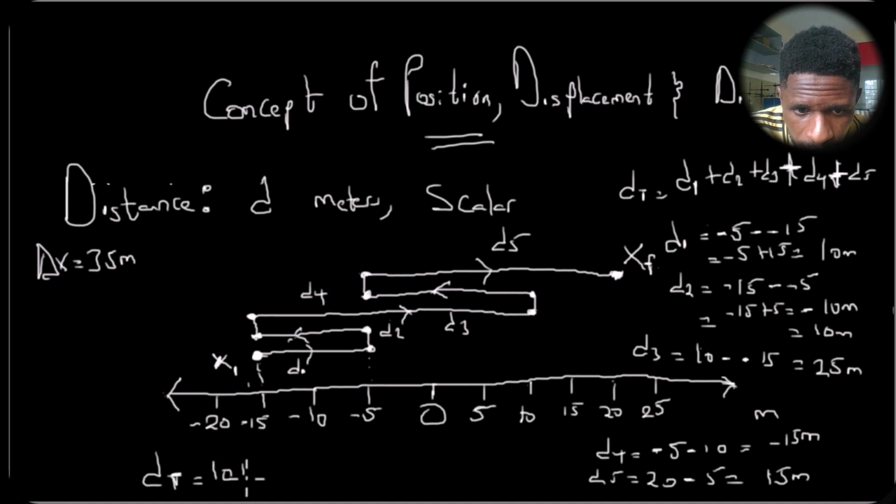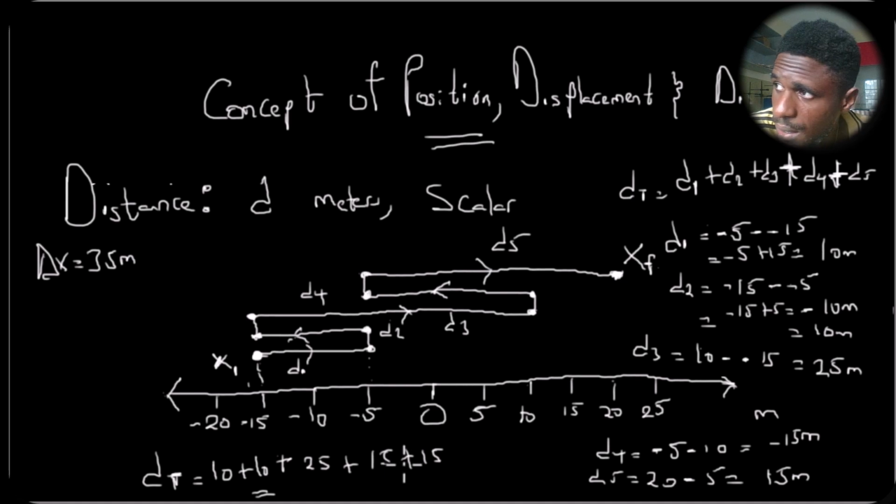So 10 plus D2, 10 plus D3 is 25 plus D4 is 15 plus D5 is also 15. So this will be equal to 10 plus 10, that's 20. 20 plus 25, that's 45. 15 plus 15, that's 30. 30 plus 45, that's 75. So the total is 75